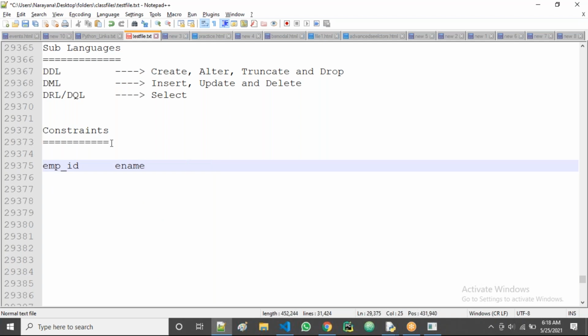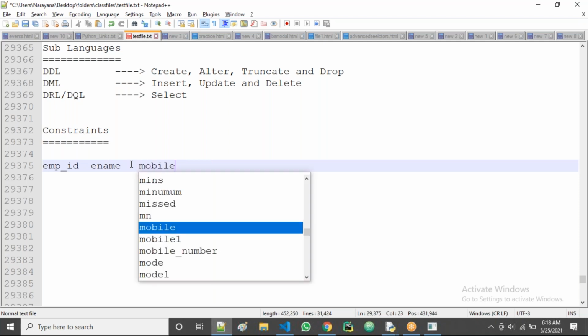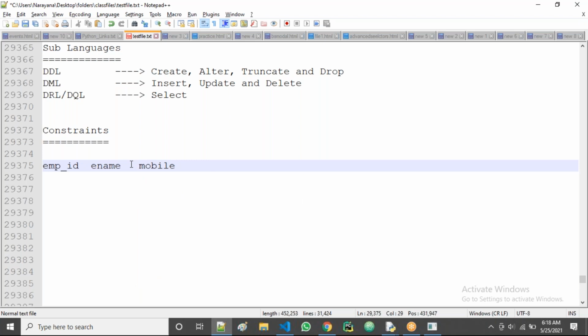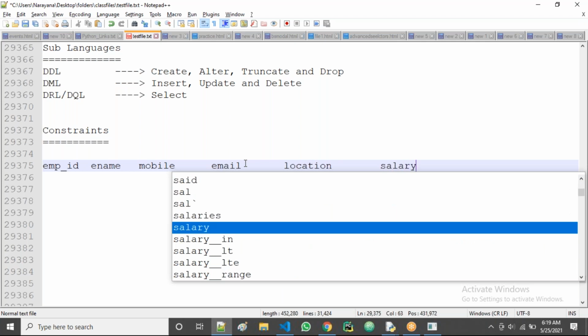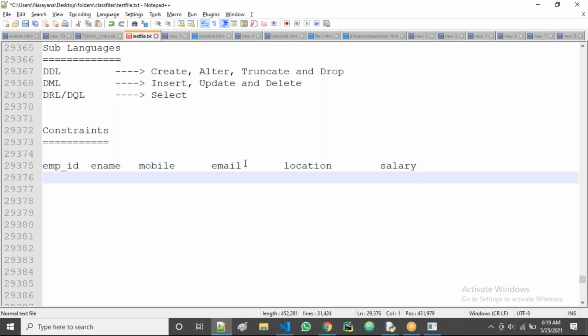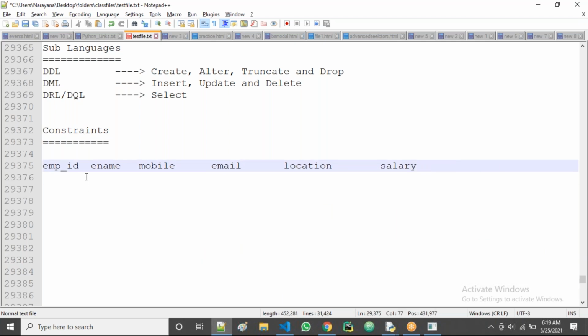Next, suppose a mobile number column, and an email ID column. Just imagine these columns, guys. For example, a location column is there. Next, a salary column is there, like this. These are the different columns. Just imagine, guys.